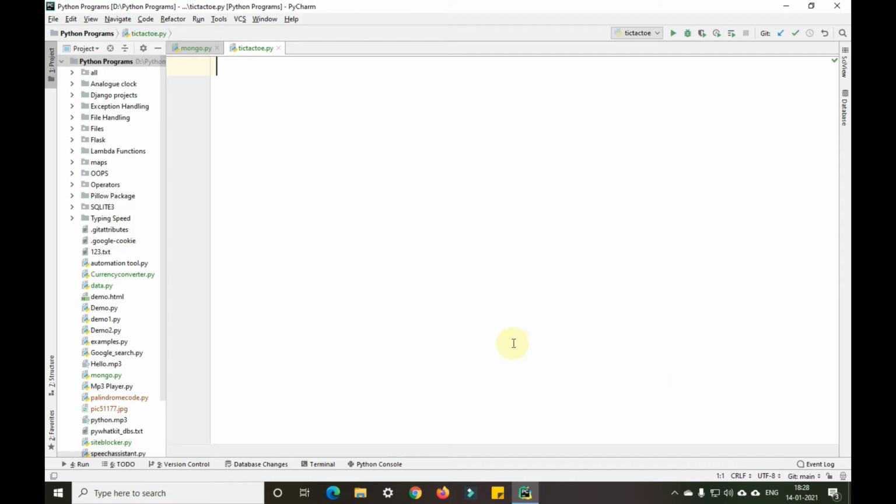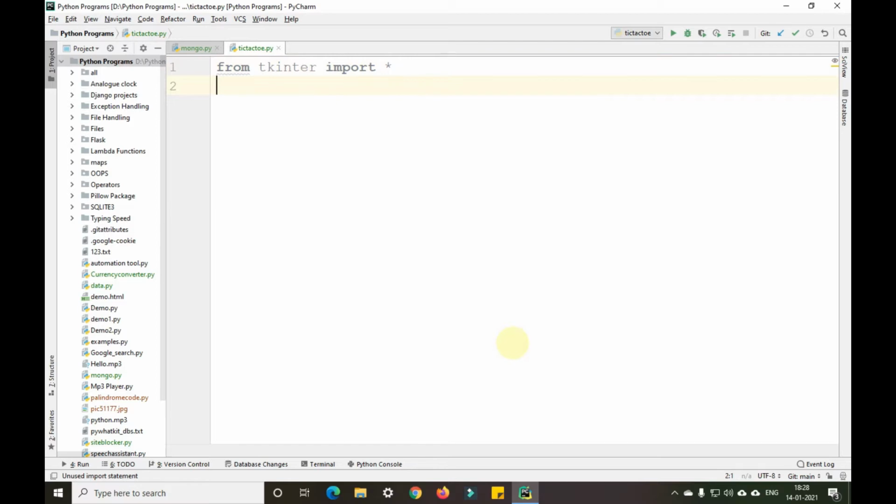So today I'll be showing you how to make a GUI enabled tic-tac-toe game using Python and the tkinter module or package. So first we'll write from tkinter import star.